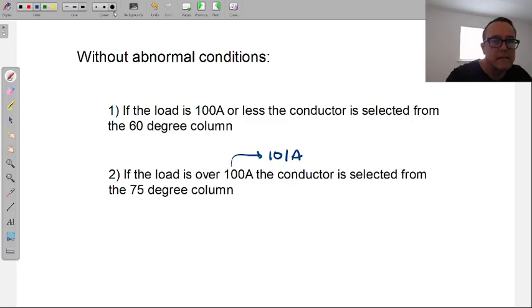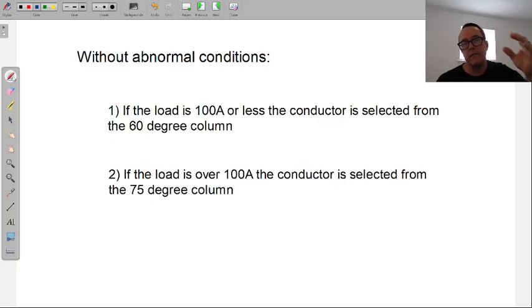Never ever is the conductor selected from the 90-degree column. And the reason is they just didn't exist. When they created this code section and built all this stuff around it, they just didn't exist.